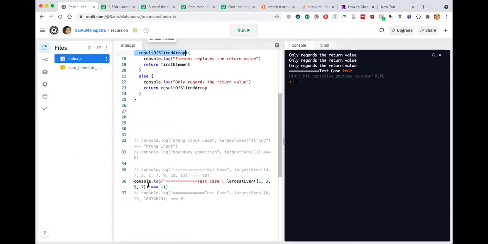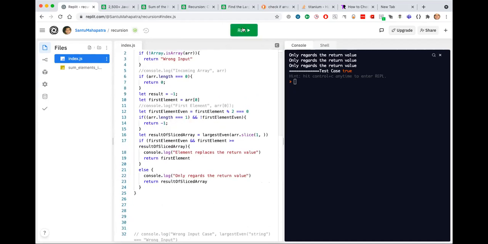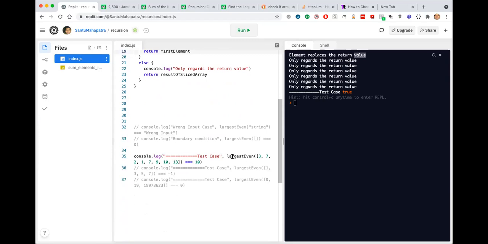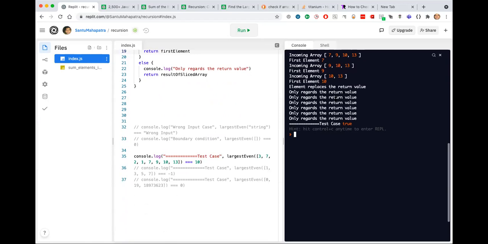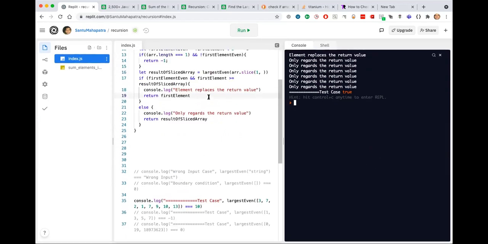On the other hand, if I take the first test case, where there are a lot of even elements, do this. Element replaces the return value. Okay, I'm not very happy with this result.